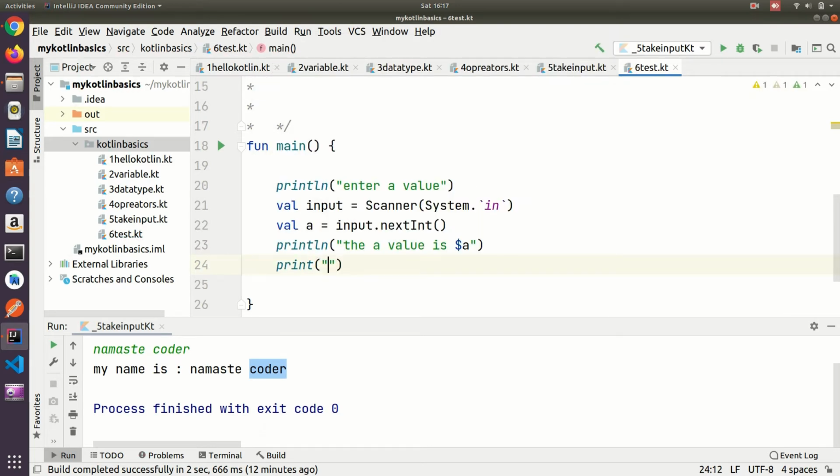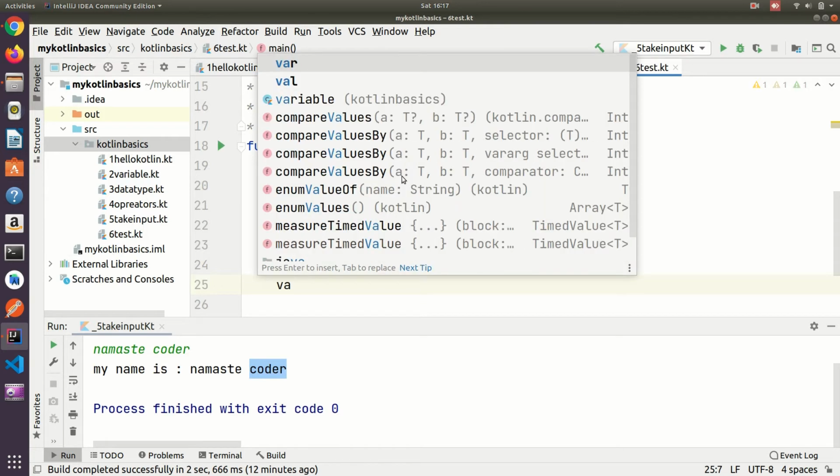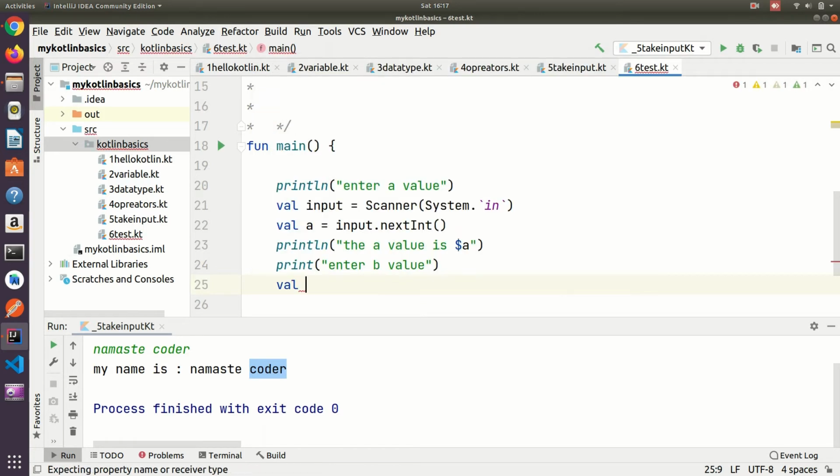Enter b value. For that again I am taking one variable, b is equal to input.nextInt